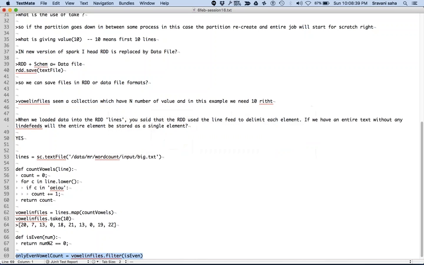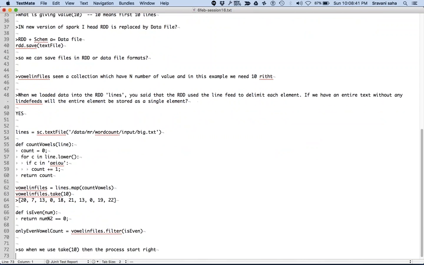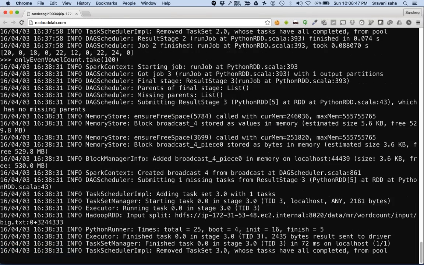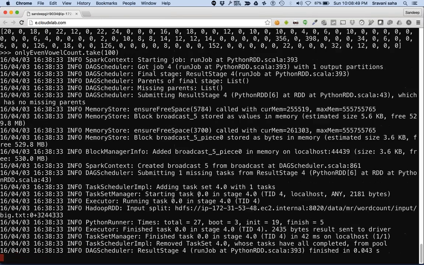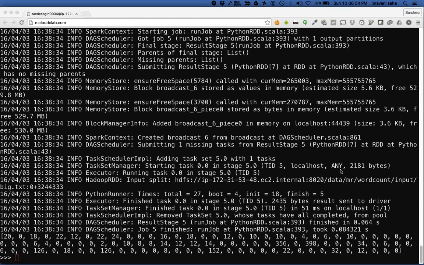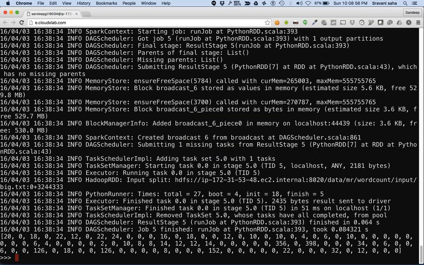Good. Next question from Ashok is that if we execute take 10, it is going to execute again. Yes. You can see that every time I run this, the whole process starts again. Good observation.